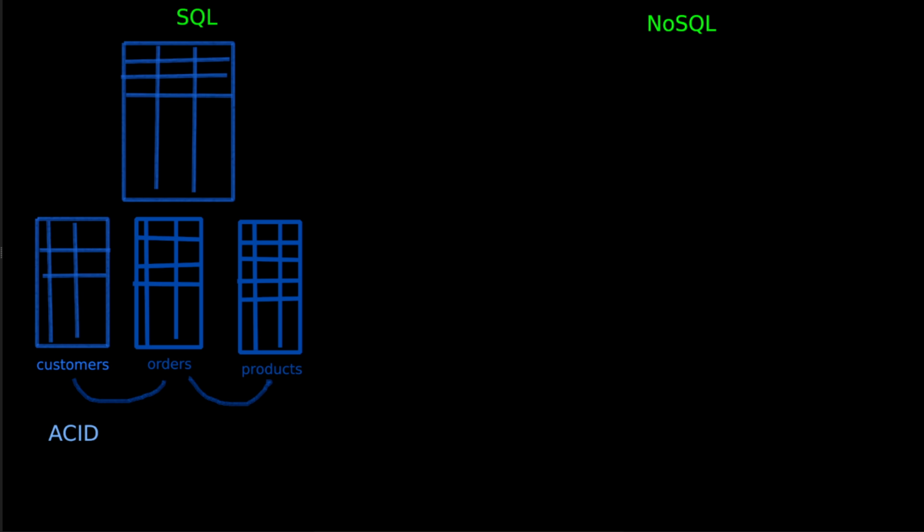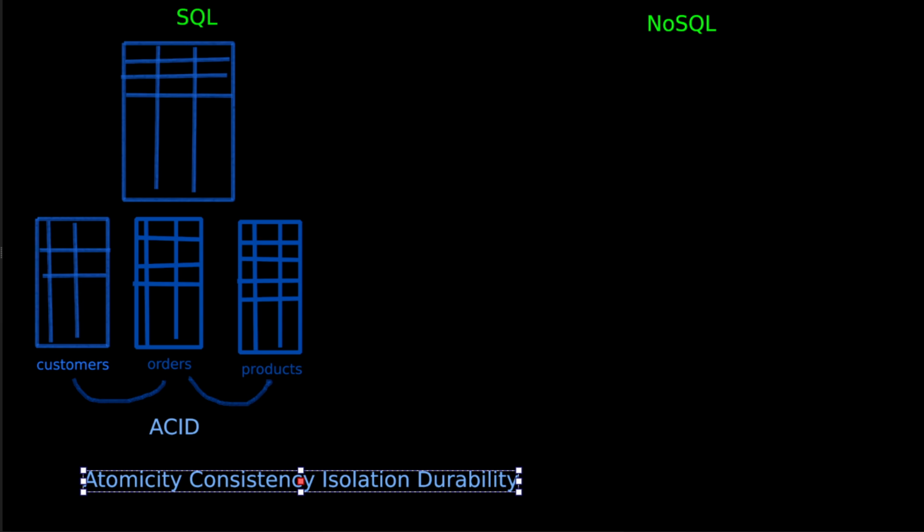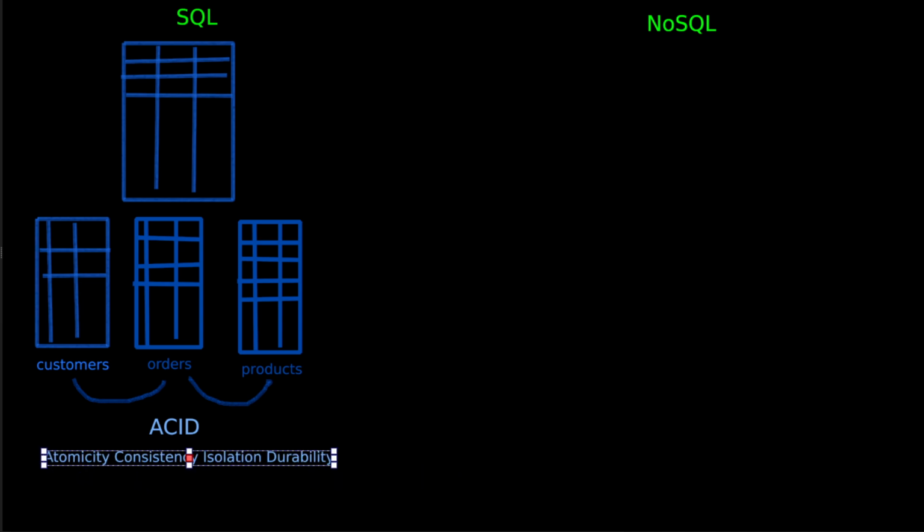The next thing that connects SQL is ACID. What does this word even stand for? So this stands for atomicity, consistency, isolation and durability. What does this mean? Atomicity means that if you have a transaction that you put to an SQL database, it either successfully